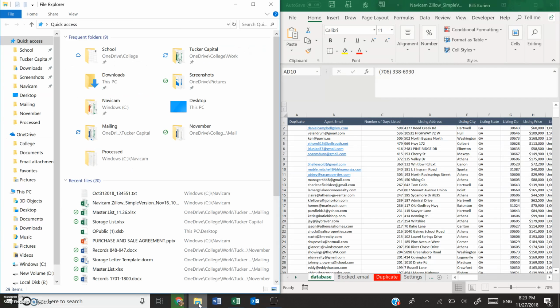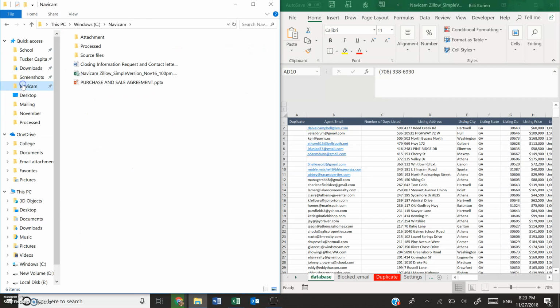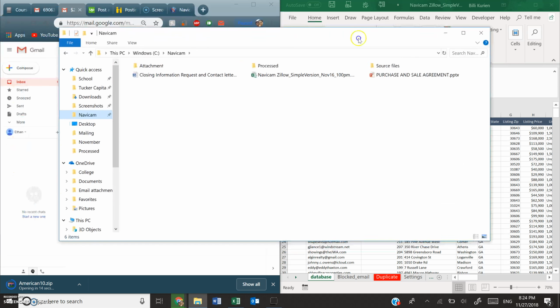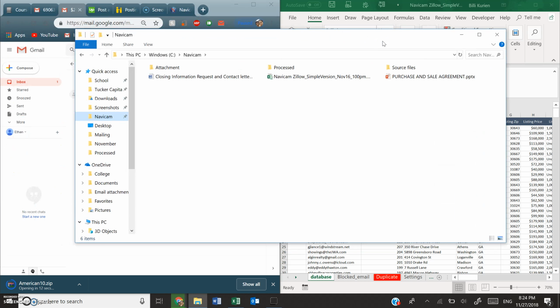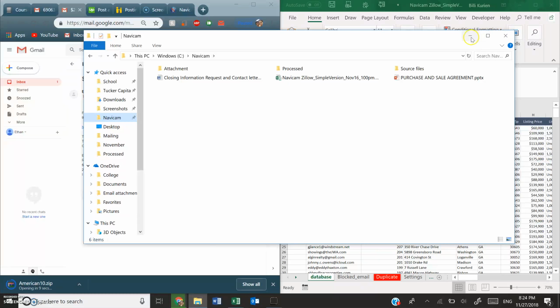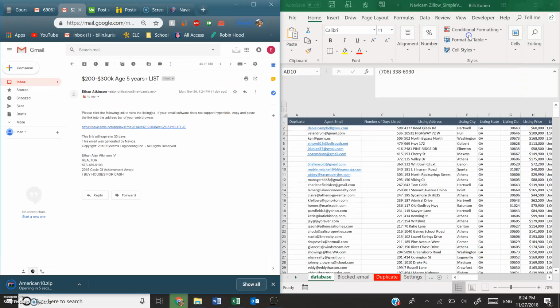So I have a variety of tools that I need currently integrated. The reason I need these tools integrated is because each tool has its own use, but I need them to all work seamlessly as one big tool. So the first tool I'm going to show is this Navicam tool, which basically web crawls into this email, dealclosers123,